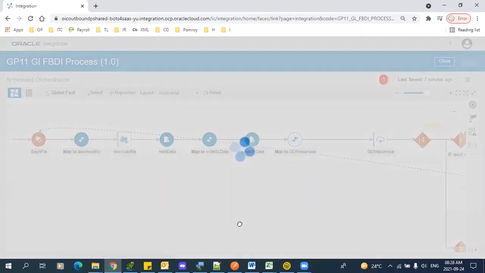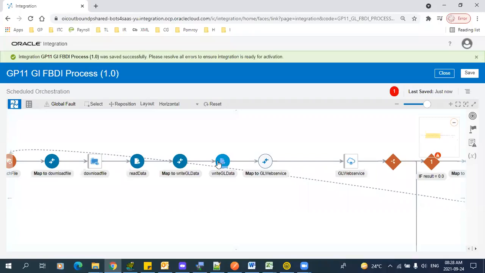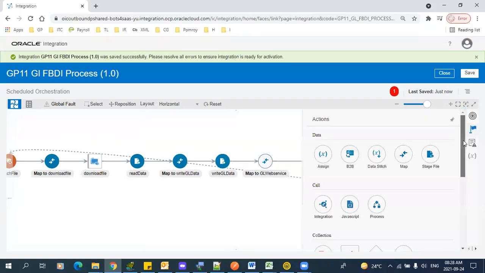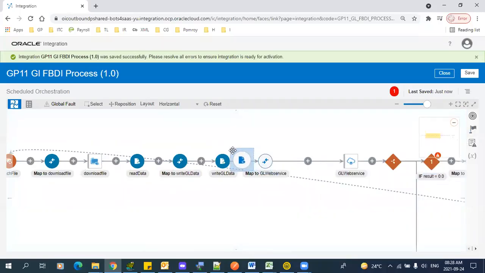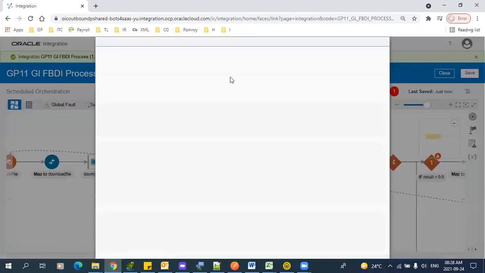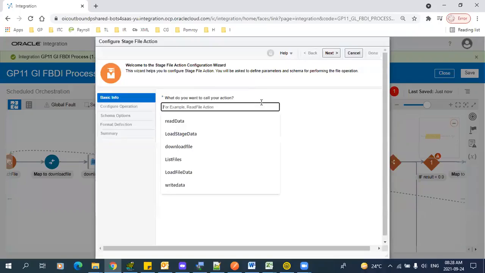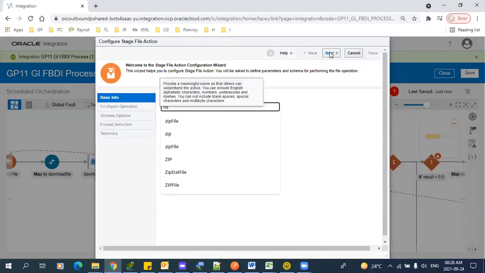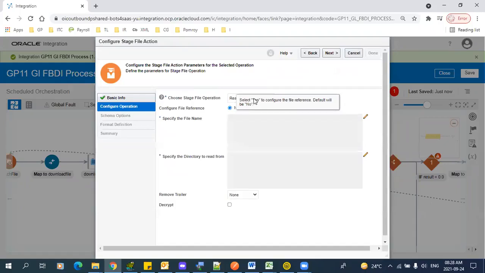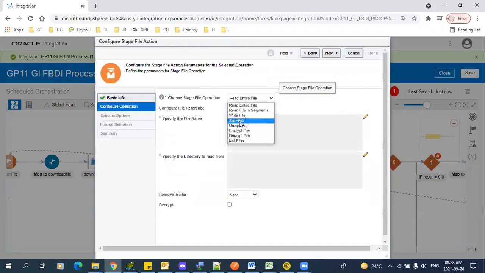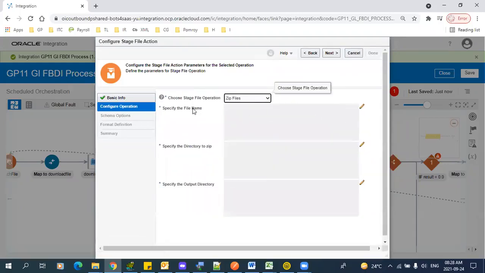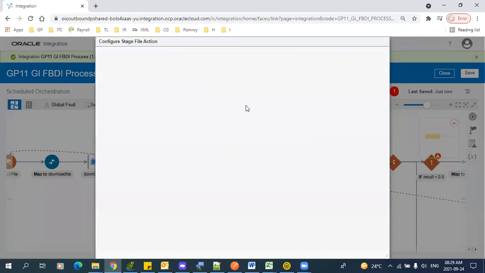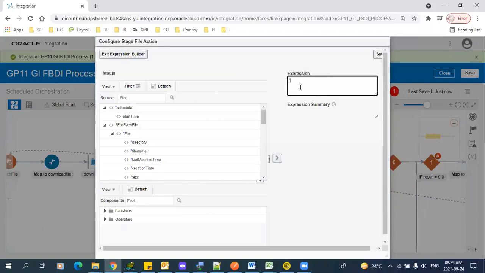So once your data is in the .csv file, which is in a temporary location, you need to zip that file. Just use the stage file operation again, stage file action, and use a method which is zip file. Here you can select zip files and specify the file name. So what is our zip file name? So my zip file name is something like GL interface